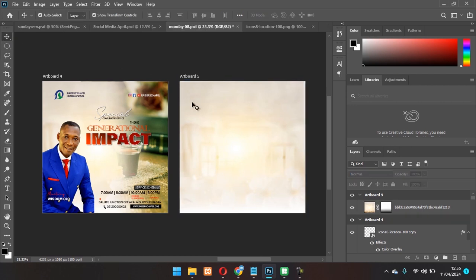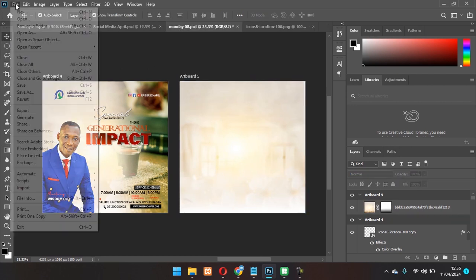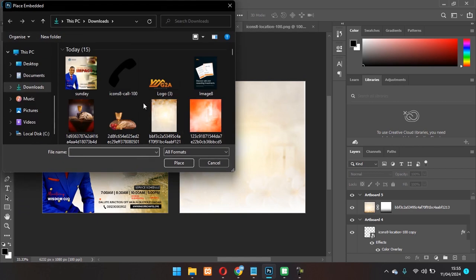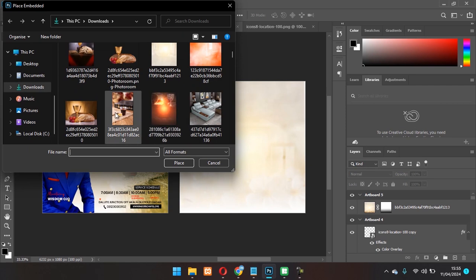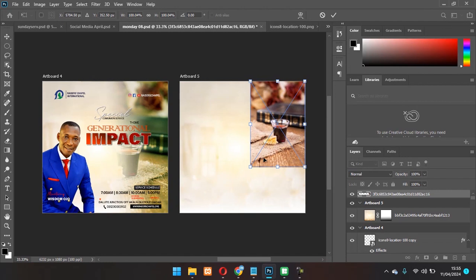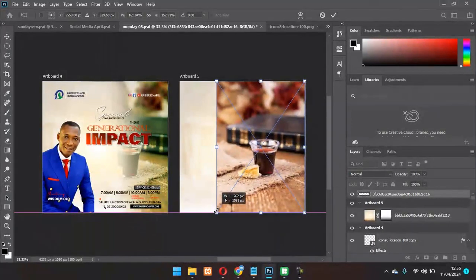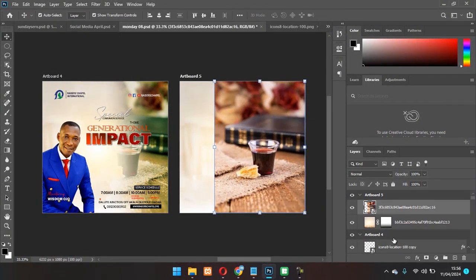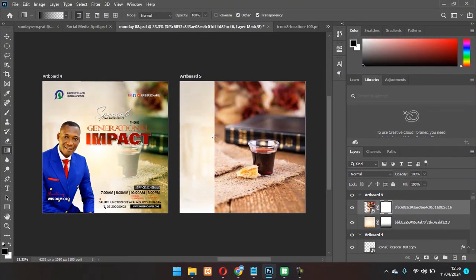The next thing is I'm going to bring the second image. So I'm going to place embedded file of the second image. Alright, this is the image. So I'm going to increase the size. Then I'll add gradient to this as well. Right, so to blend some part of the picture, I'll add gradient like this. And the next thing is I'm going to